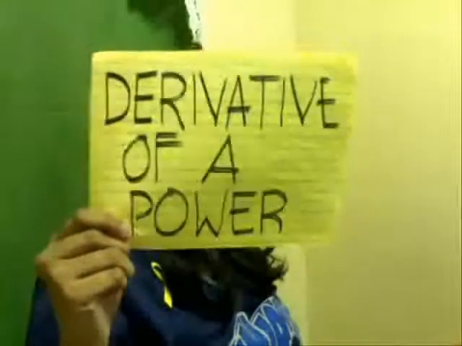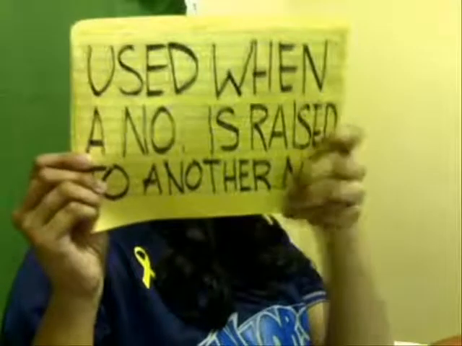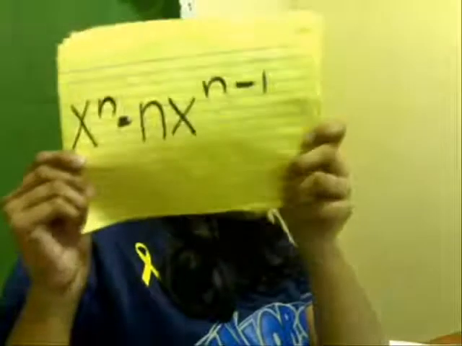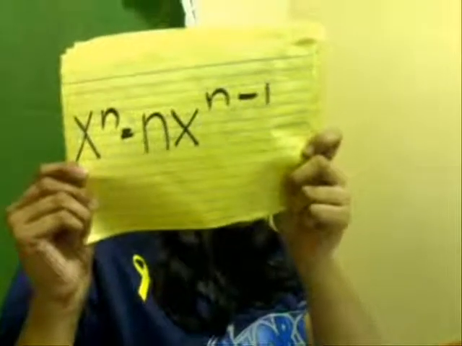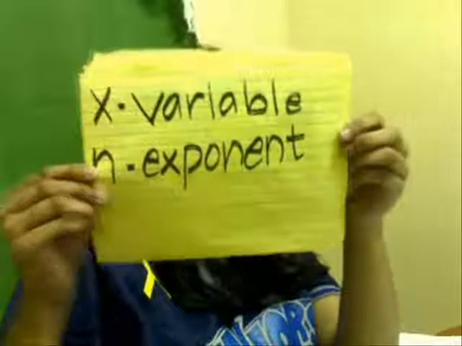Derivative of a power. This rule is used when a number is raised to another number. Its equation is the derivative of x raised to n is equal to n times x raised to n minus 1, wherein x is a variable and n is the exponent. For example,